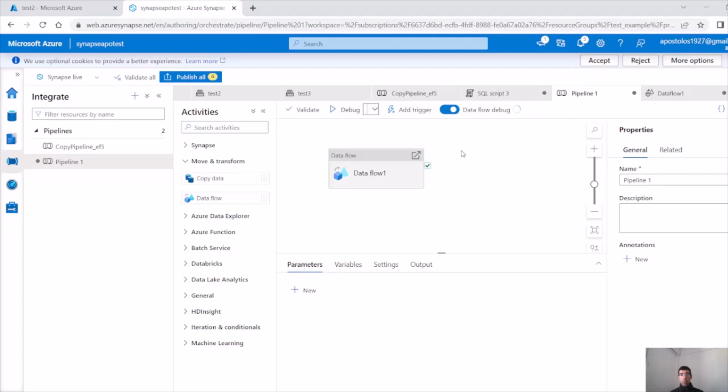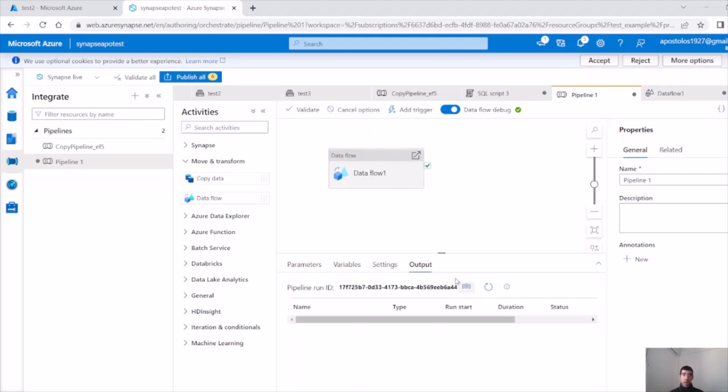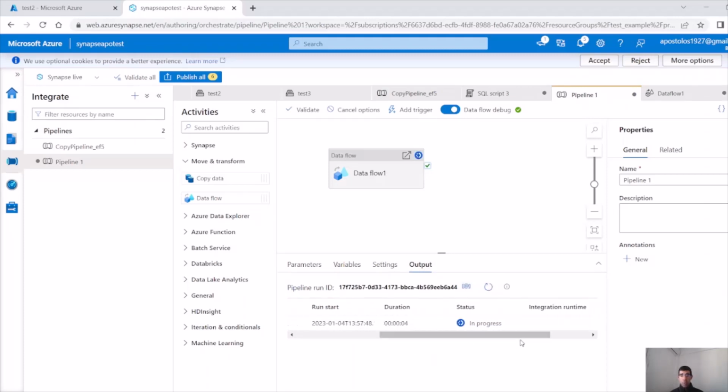Otherwise, we cannot click on debug. So here it is, just on time. Cluster is ready. Let's debug, and you will see now under output, it's going to run the data flow, status in progress, and when it's done, we will see a parquet file under the new empty directory that we created,